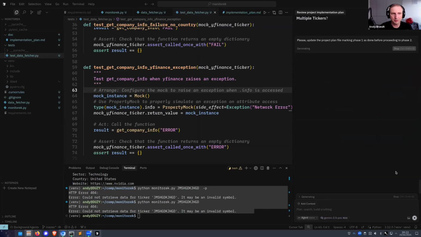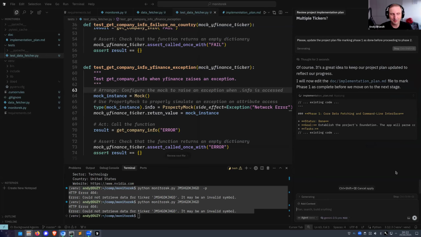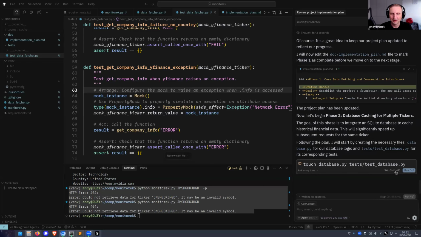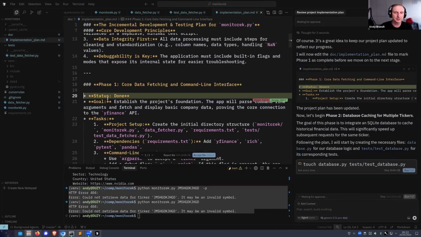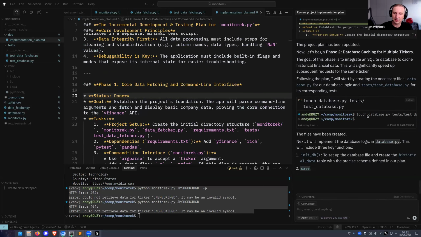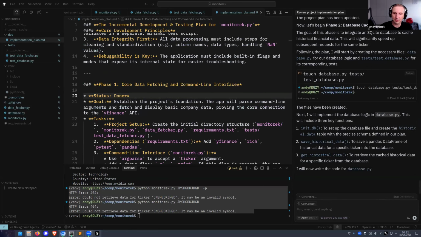That's important because if for whatever reason we are interrupted, for example, my power goes out, which is something that happened two days ago, then I want to be able to resume. And there is this addition that the status of that phase is done. Excellent. So let's now create a database, and we create the database files, and then it can go on with implementation.